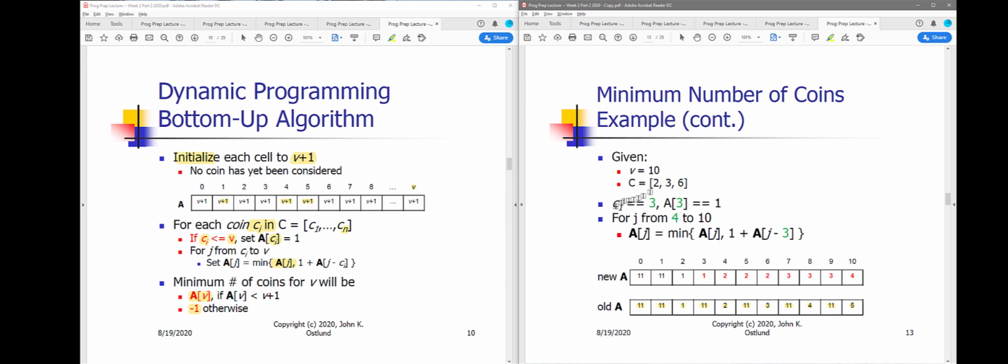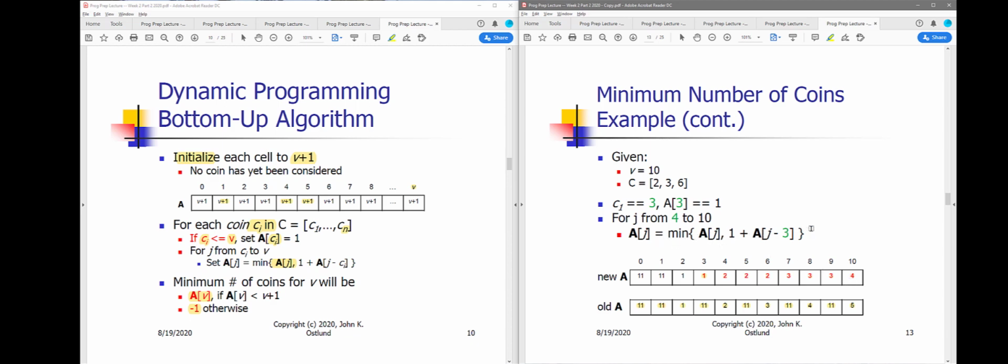Now we're considering our next coin. Okay, I've got a typo here. This should be coin C sub 2. Okay, so our next coin is the coin with the value of 3. That clearly means that to make change for the value 3, we only need 1 coin. So we used to have 11 in the slot for value 3, but now we only need 1 coin for the value 3. And then for all these remaining values, from 4 up to including 10,